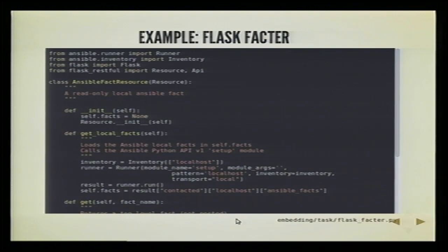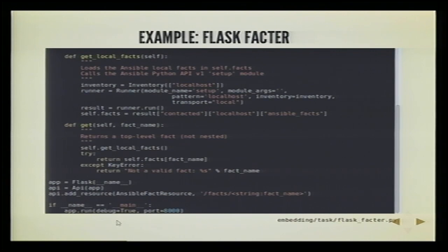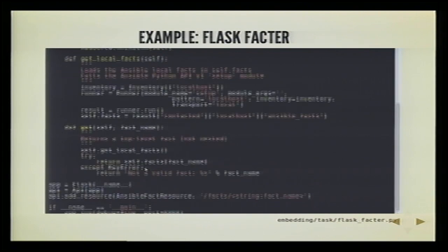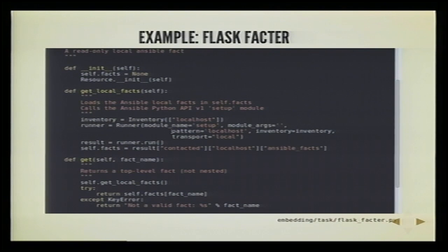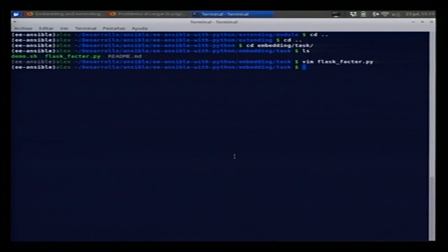So I'm going to make an example, which is the Flash Factor, just a proof of concept of embedding a module. I'm running a program that will create a REST API using the Flask RESTful module that parses URLs in this format, getting a fact that we want to know about the system, and it will run the module setup and then pass the JSON showing the fact in our system. It could be not very practical, but it could be an idea of how we can retrieve information from a remote server. So if we run